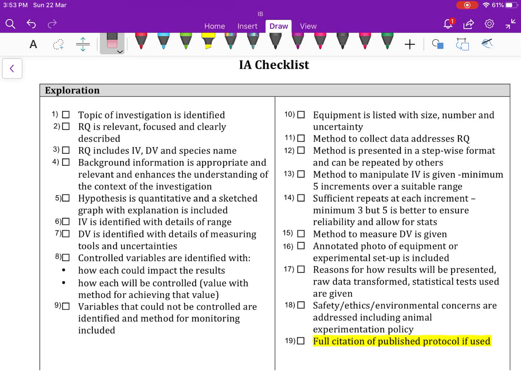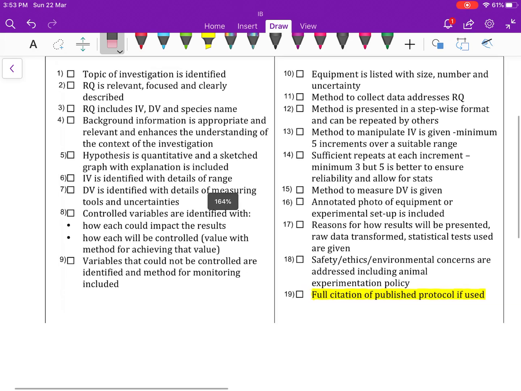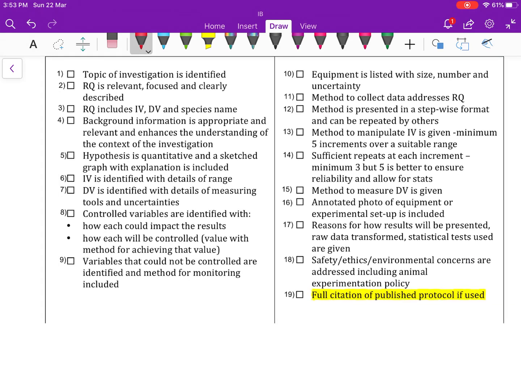Alright, today we are going to talk about IA. We look at the checklist in more detail and double check whether everything given in our lab report is following the checklist or not. So the first point given here is topic. So you have to identify the topic which is the part of your syllabus